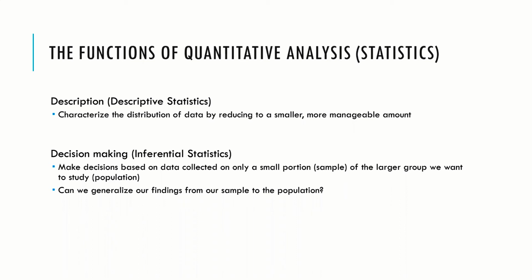And this is the type of project that is very common in qualitative research. You'll find it tends to be more descriptive, right? I'm describing the experience of these people, right? I explicitly sought out these people and I want to describe those kinds of experiences. In quantitative research, we can do that, but we can also take an extra step because of the rules of probability, right? In sampling, we can take that extra step and say, okay, not only can we describe what's going on in the sample, but because the sample looks so close to the population, we can make inferences. We can generalize our findings from the sample to the population.